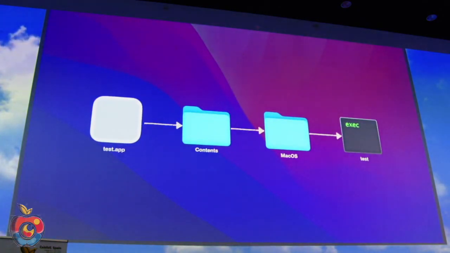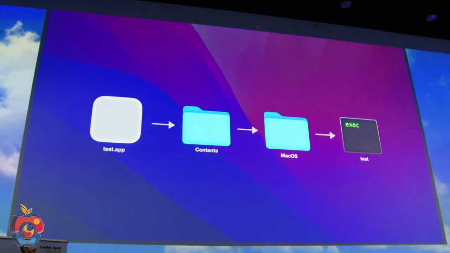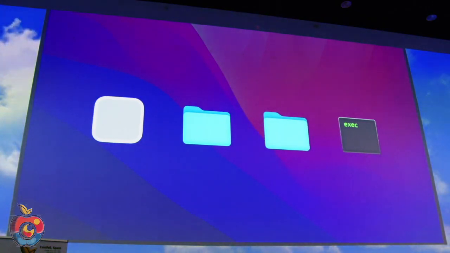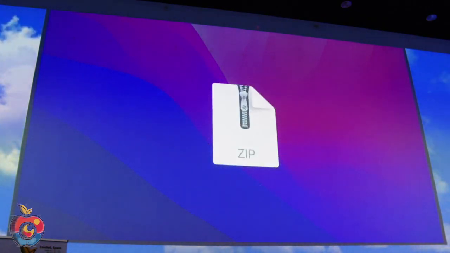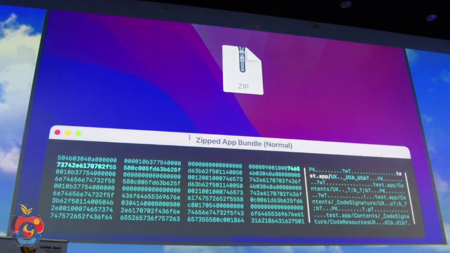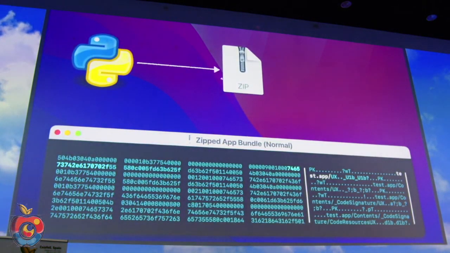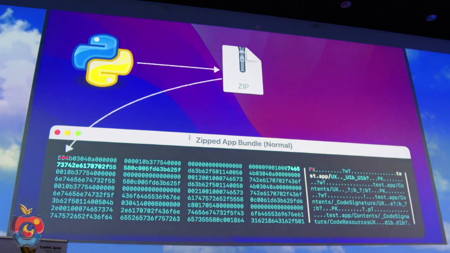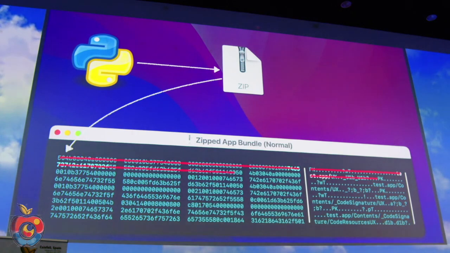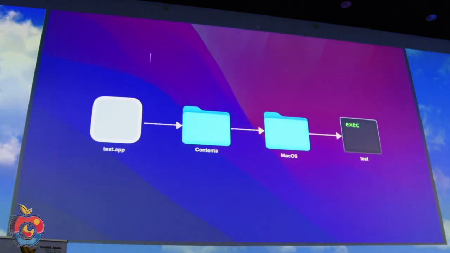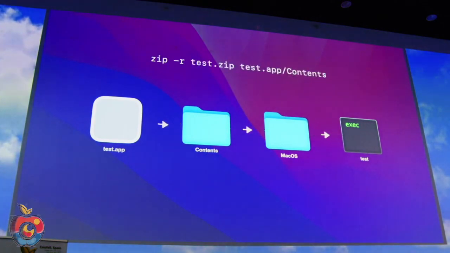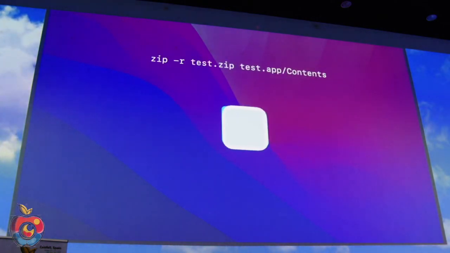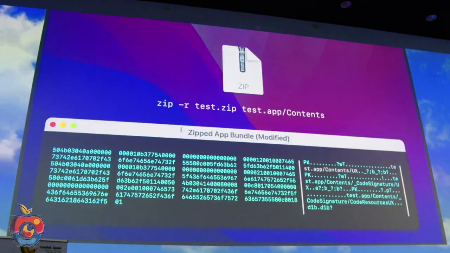So Sal and I started talking about how to take this vulnerability and weaponize it. And I quickly built a working approach where we basically take any unsigned application and compress it into a zip file. And next, we would use Python and inspect the contents of that zip file and remove all the bytes inside the first zip file header, thus making the second zip file header the new first one. And Sal said that's a great idea, or we could just run the zip command. And sure enough, this actually results in the exact same setup